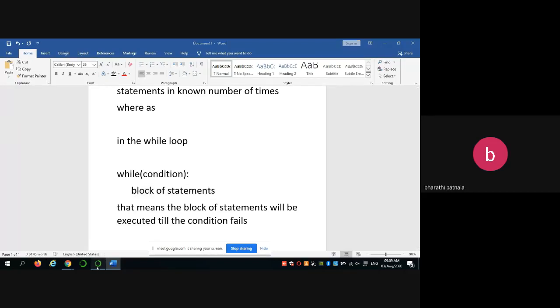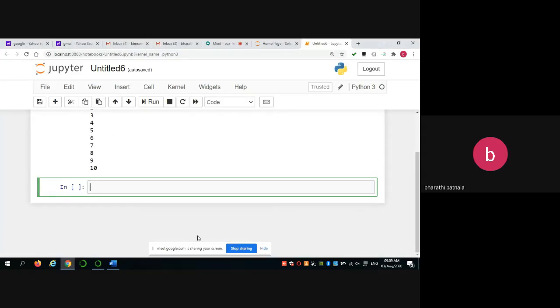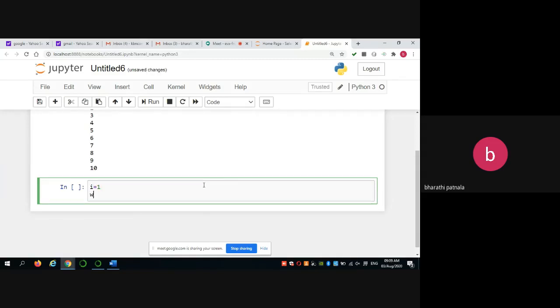Okay. So the same natural numbers program we can also implement using while loop. The iterative variable i is 1 and write while. The condition is i must be less than or equal to 10.